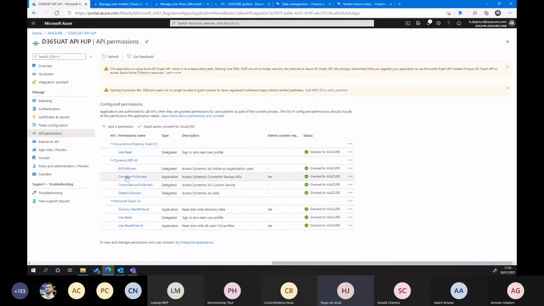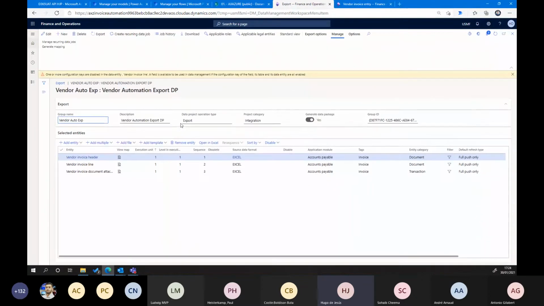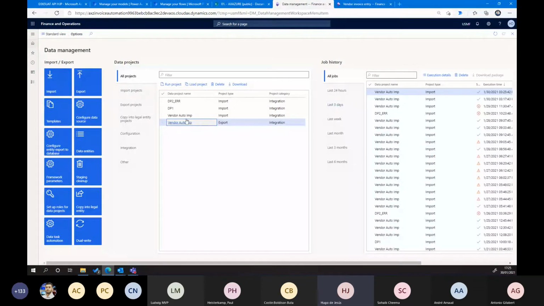When you have this application created, we need to go to data management. As Antonio said, first of all you need to create a data package, using export data package, to get all the information of these three entities, and then create another one for import purposes.